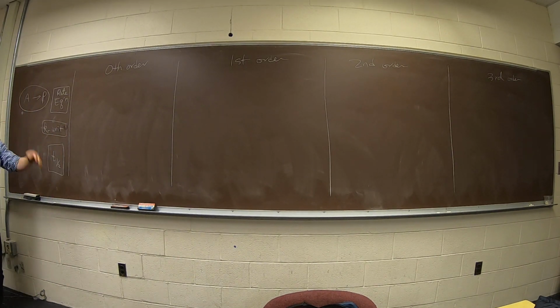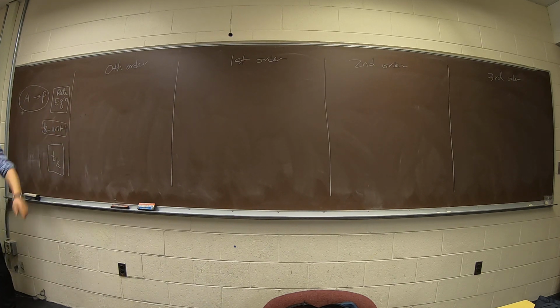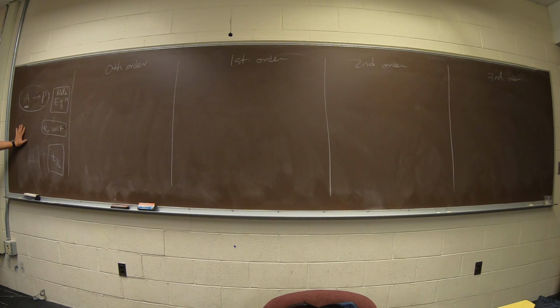I have written here first order, second order, but there's also something called zeroth order, and I give a third order as an extra practice. Looking at this whole reaction, we are considering the concentration of A, which is a reactant, making a product. So this is a very simplified case, but this is a case where we're going to build